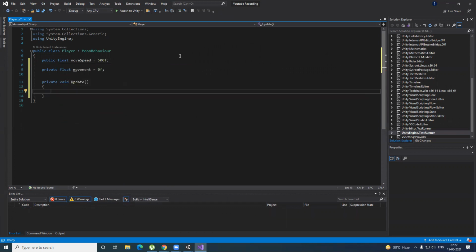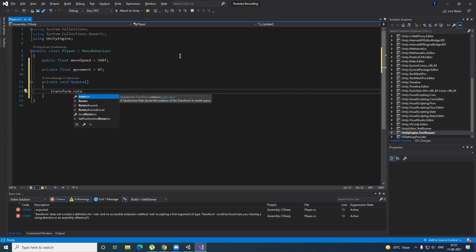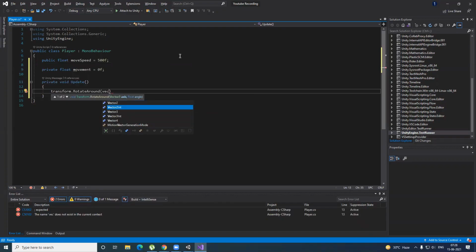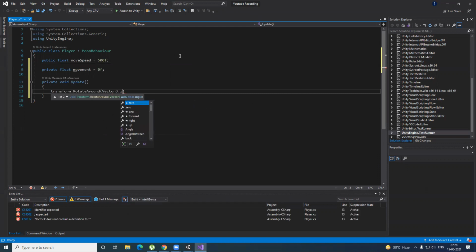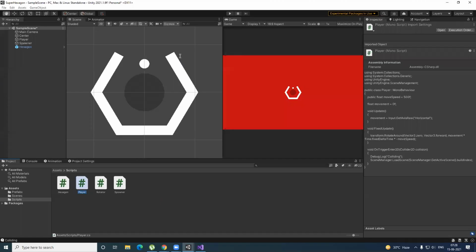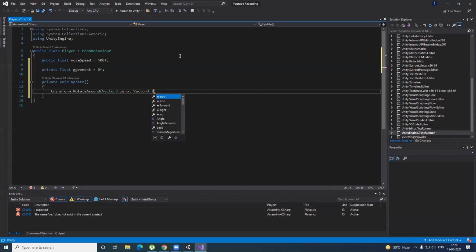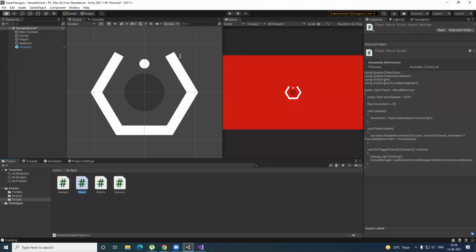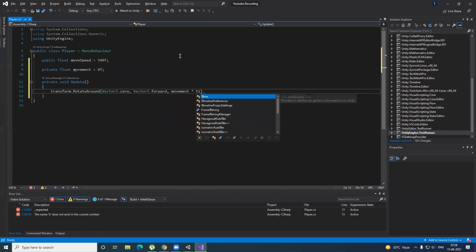Now we have private void update. Again, we're calling this update function, right? So we're going to go transform dot RotateAround, Vector3.zero, Vector3.forward, movement into Time.fixedDeltaTime.